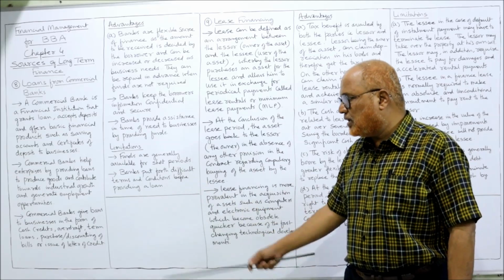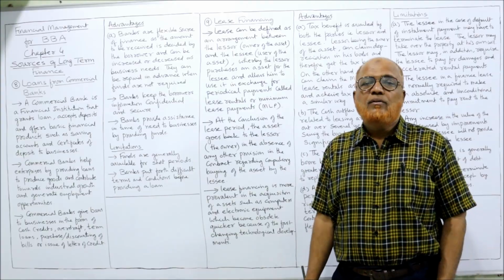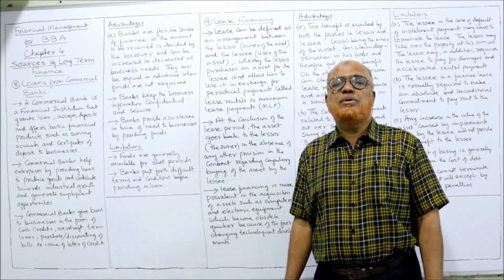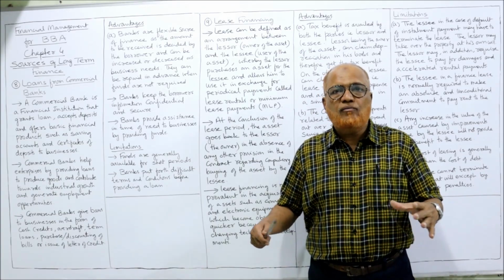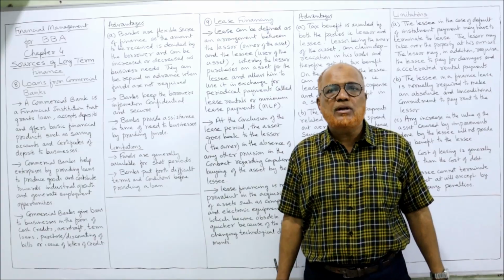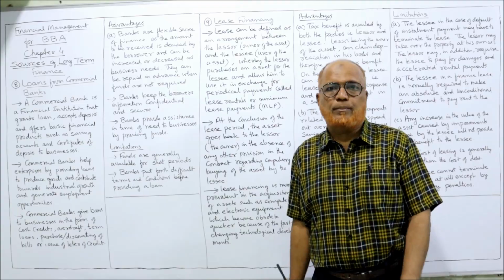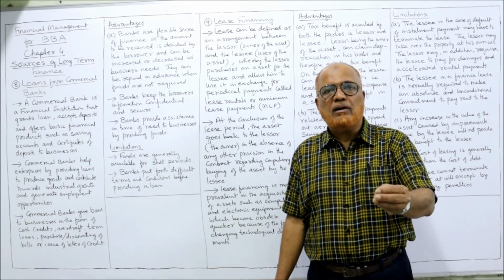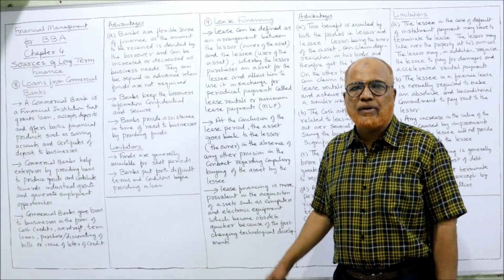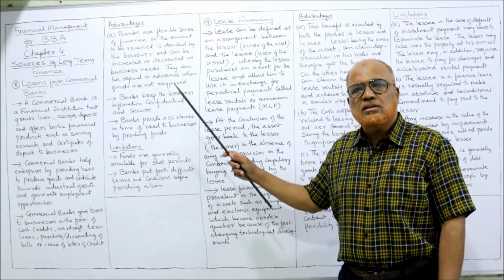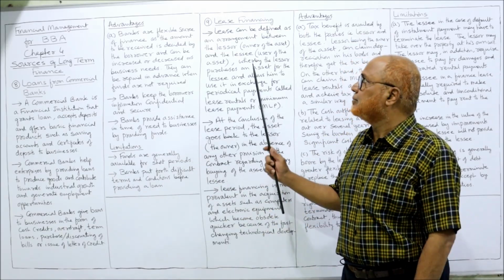Then banks put forth difficult conditions before providing the loan. Another limitation is, again, formalities. Without completing all the formalities, businesses cannot get the loan from commercial banks. So a lot of legal formalities are there. That is also one of the limitations. But the advantages far exceed the limitations. Limitations are only few, but advantages are many in getting financial help from commercial banks. So these are the things you have to remember when loans are taken from commercial banks.